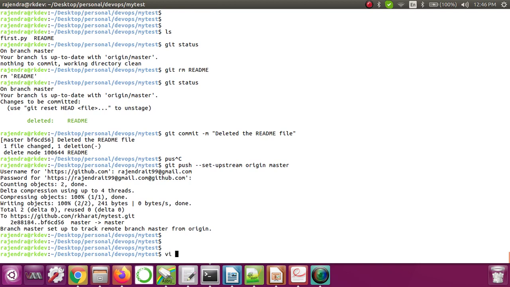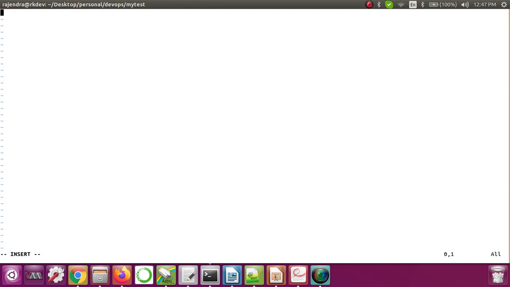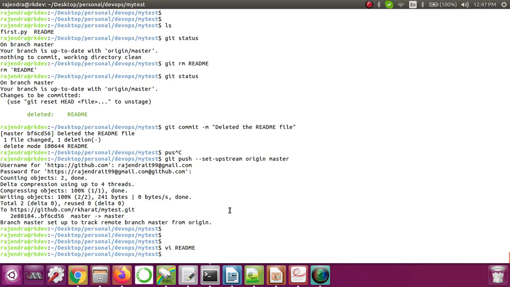Okay, so first let me add this. So what I'll do, I'll again add the readme here. This is my first learning Git project. Okay, this is added, and after this let me add some more: this project contains add function. Okay, so now that's it. These 2 lines I have added as a readme.